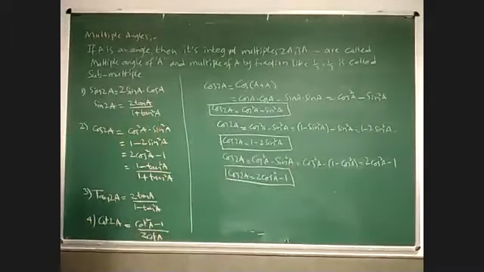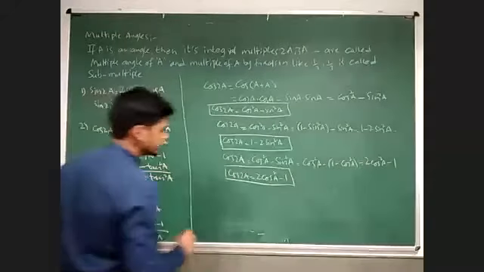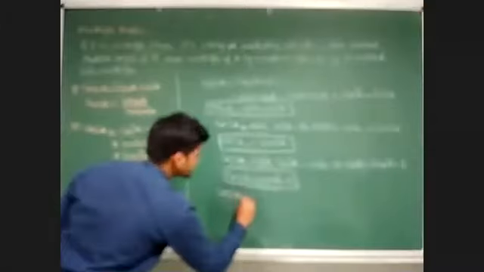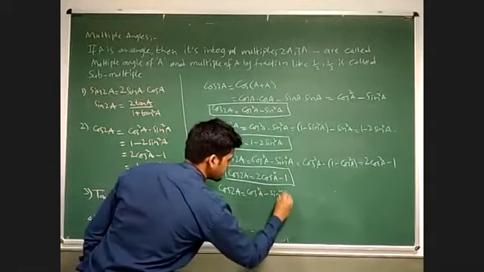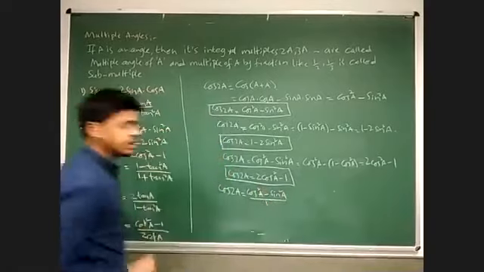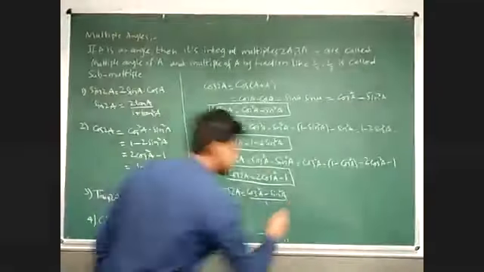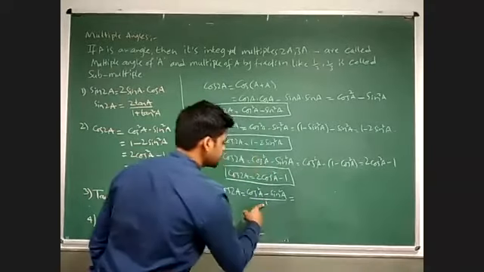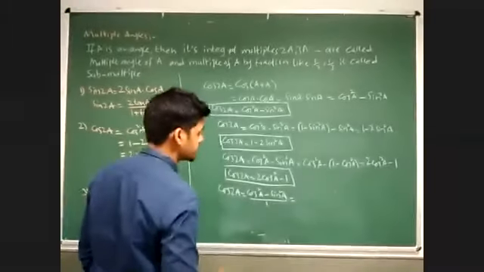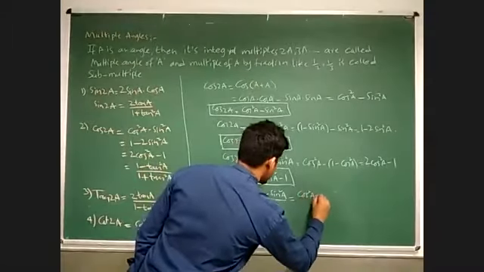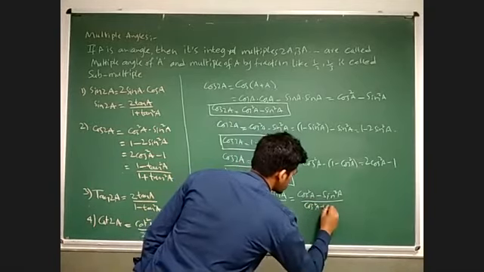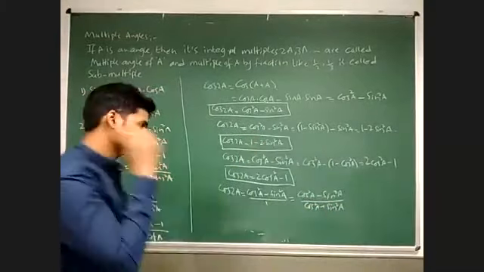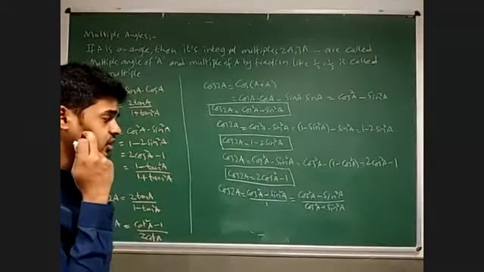Okay, now the last formula, with 1 plus tan. So here I already know cos 2A is nothing but cos square A minus sin square A. Okay, if I am giving 1, I can write 1 is equal to sin square A plus cos square A. So here I have cos square A minus sin square A, and I can write cos square A plus sin square A. Okay, now just divide with cos square A in the denominator and numerator also.